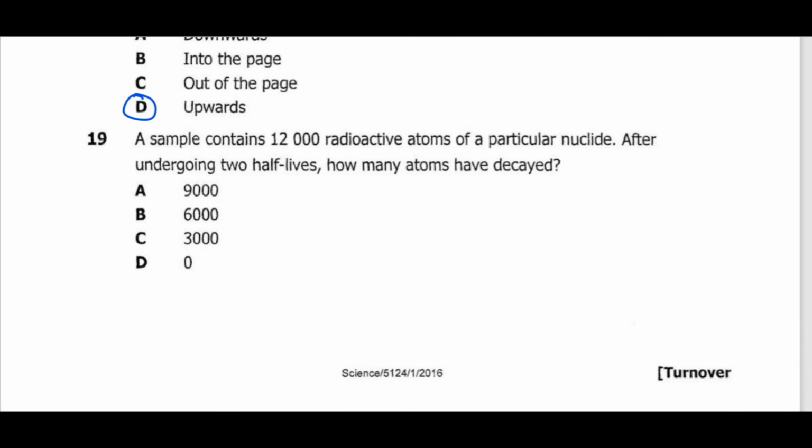Then we will have question 19. A sample contains 12,000 radioactive atoms of a particular nuclide. After undergoing 2 half-lives, how many atoms have decayed? So the original is 12,000. So let's look at the first decay. The first decay, you just multiply by half or divide by 2. So the first decay will give us